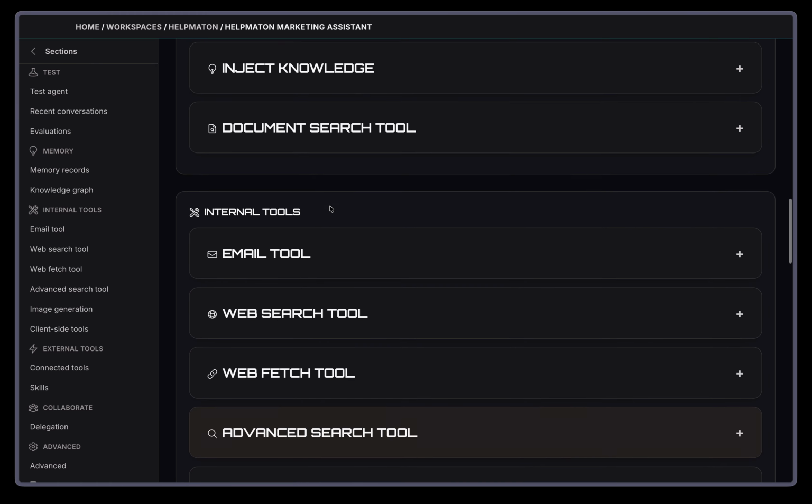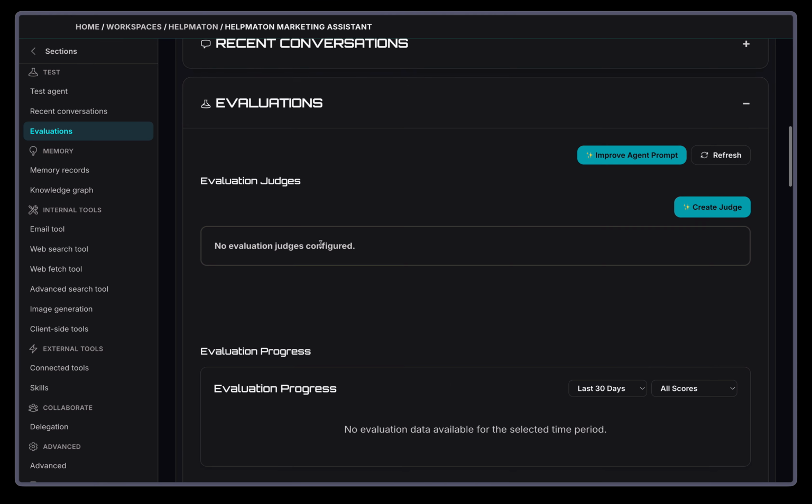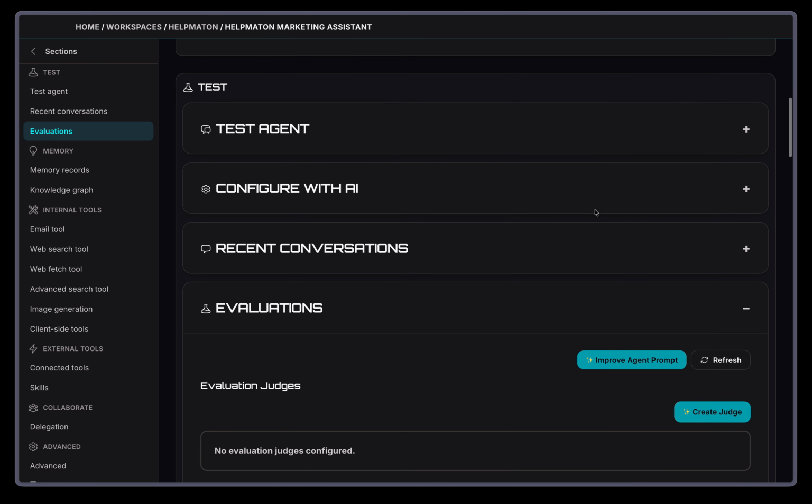One thing I didn't show you here is the evaluations part, which I don't have any of, but you can also improve the agent prompt based on existing evaluations, and